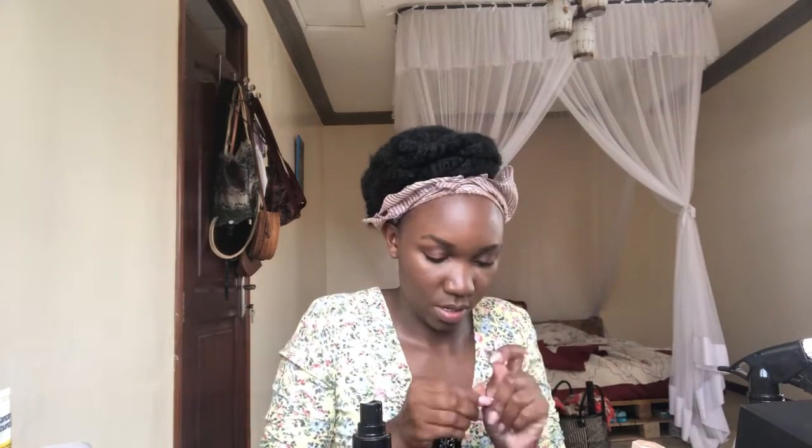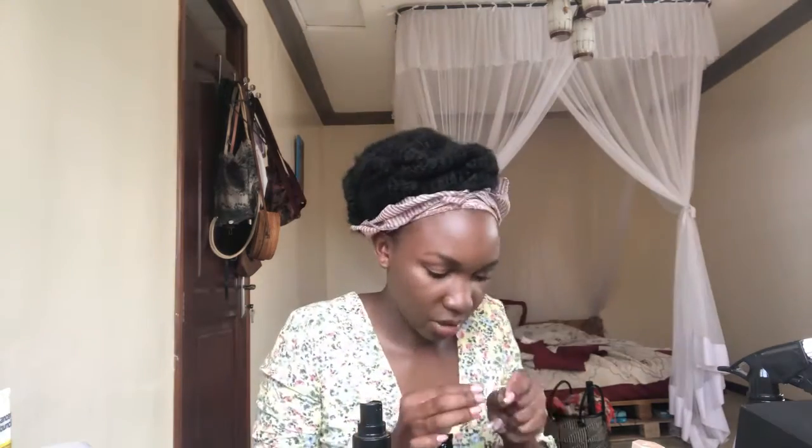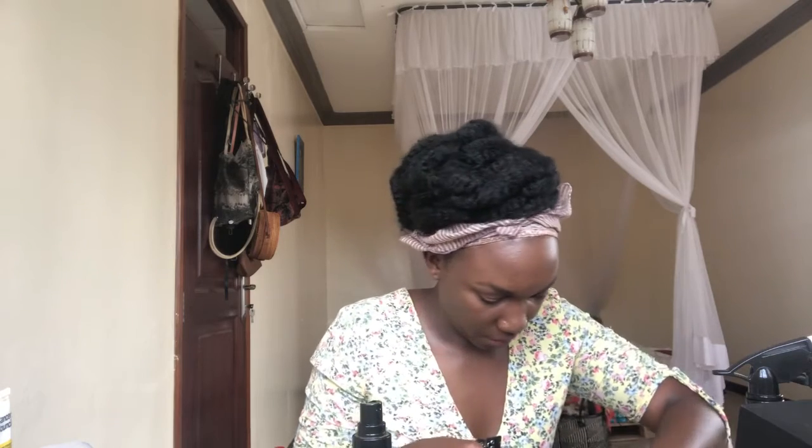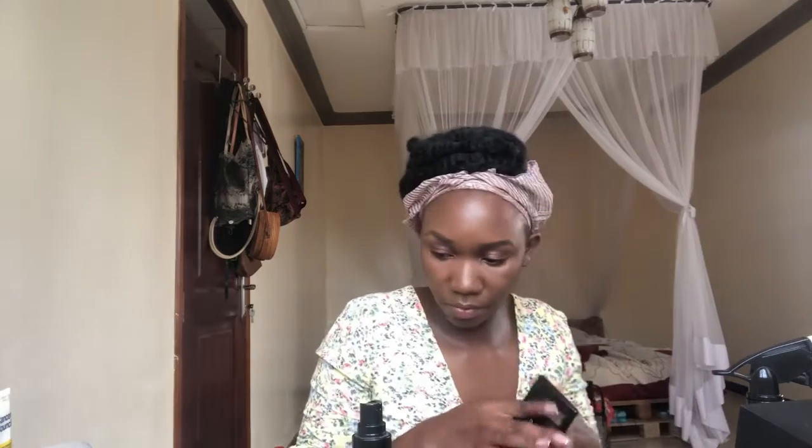So what I'm gonna do is put some glue and leave them so that the glue gets nice and sticky. I'm just going to do some blush. Actually, I'm going to do a bit of my